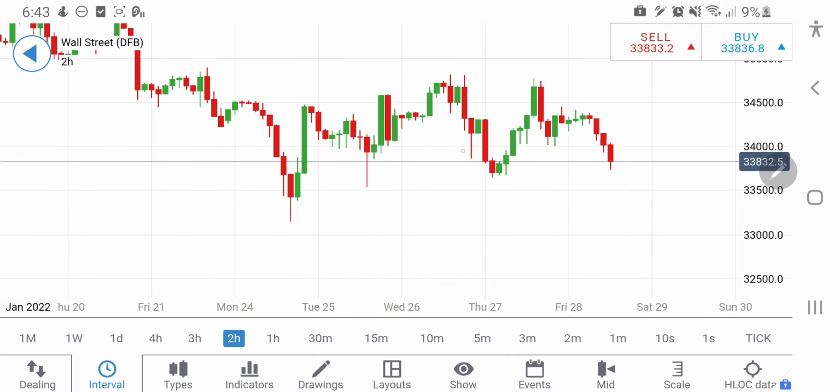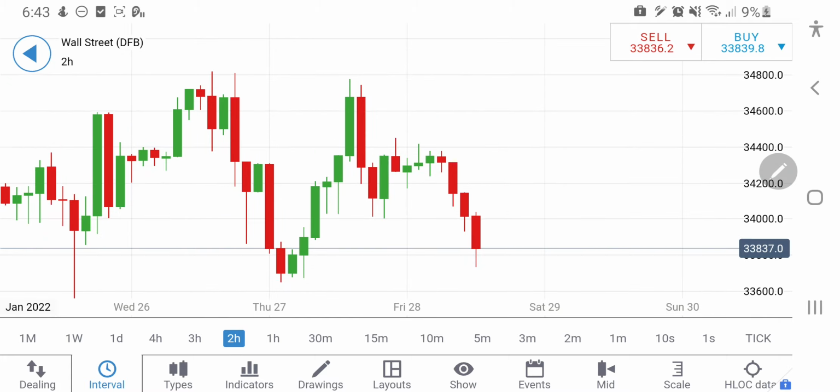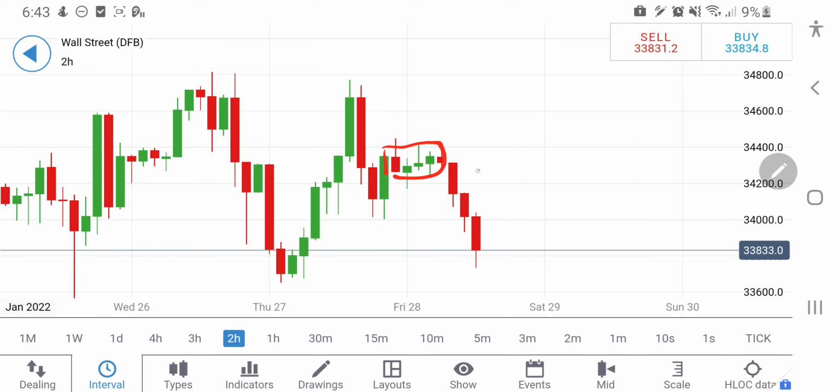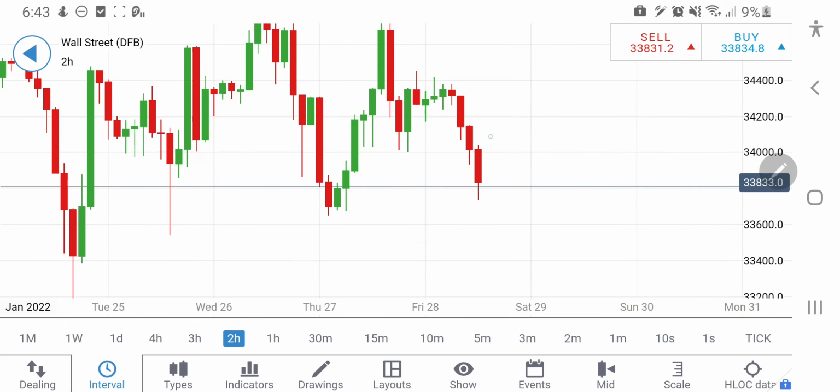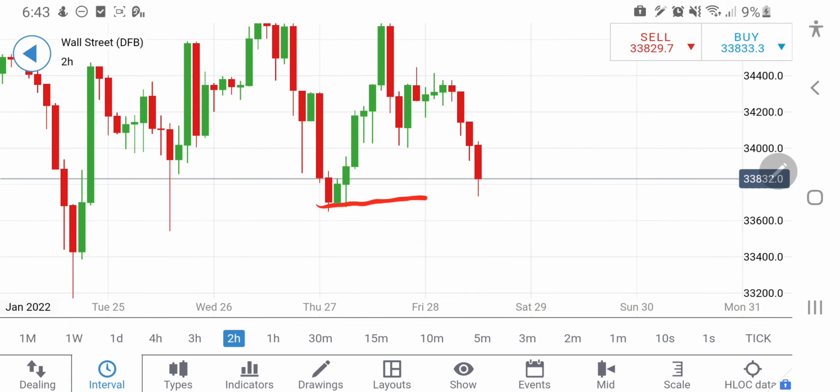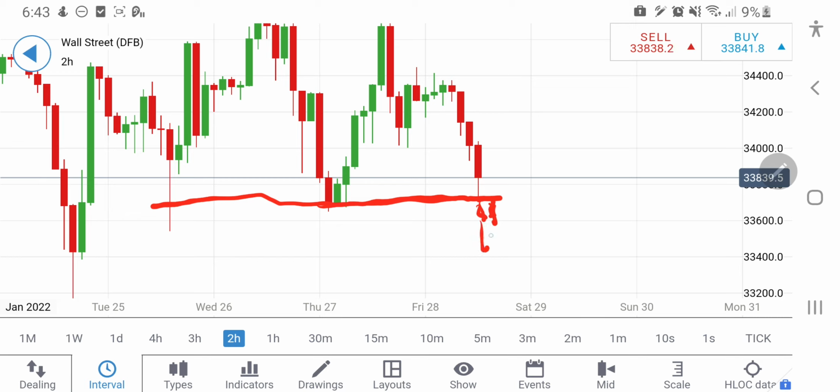Let's have a look at the 2-hour chart. On the 2-hour chart, you can see this is the zone at 34,400. It tried to resist, and now it is trying to drop, and it has successfully dropped till now. 3 red candles on the 2-hour chart and it has almost achieved this zone at 33,750 levels. And once it breaks this zone at 33,750, 700, definitely it will fall strongly towards 33,600 and 33,400 levels also